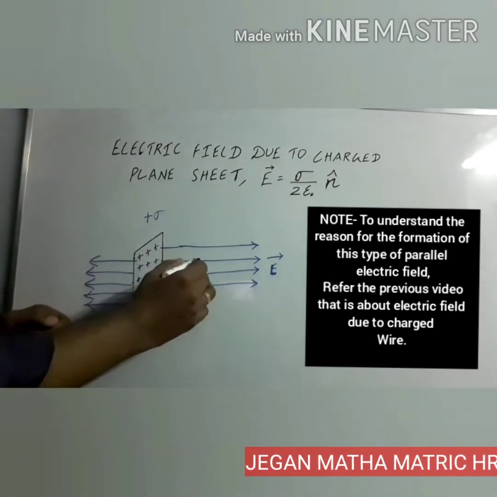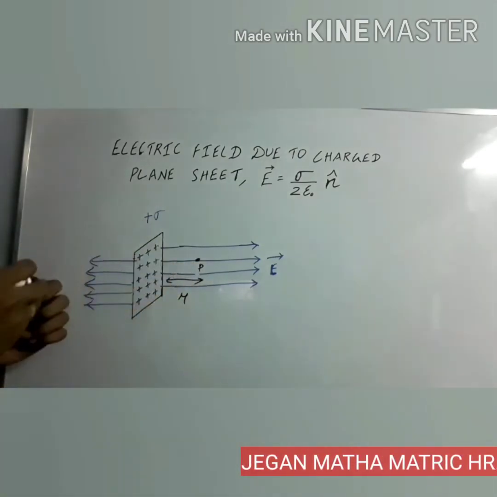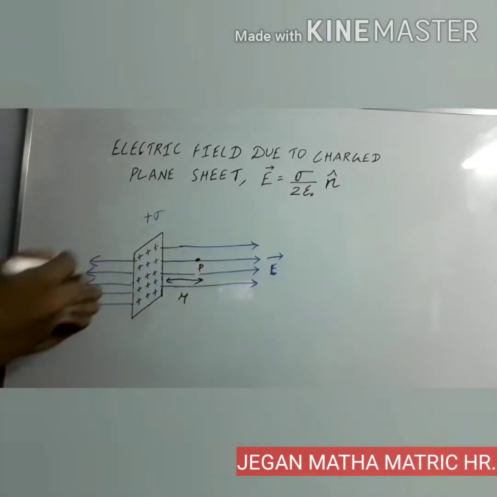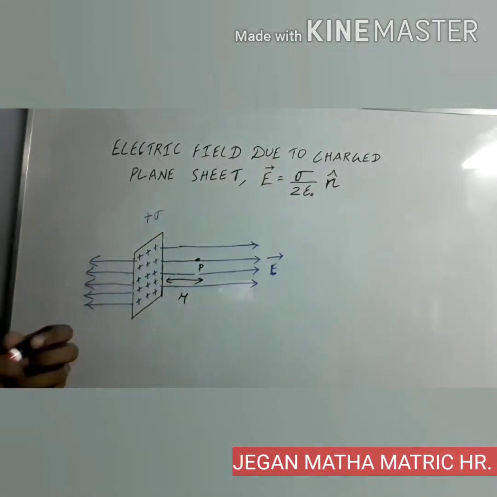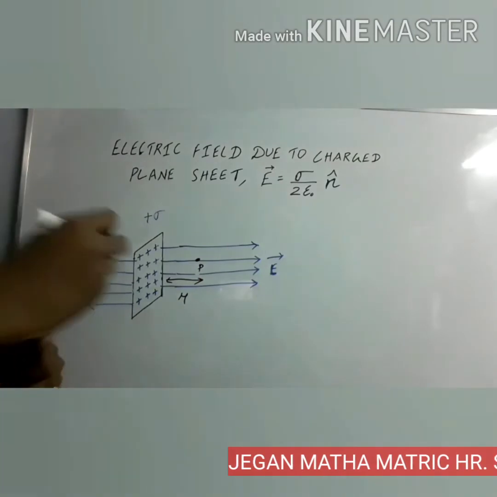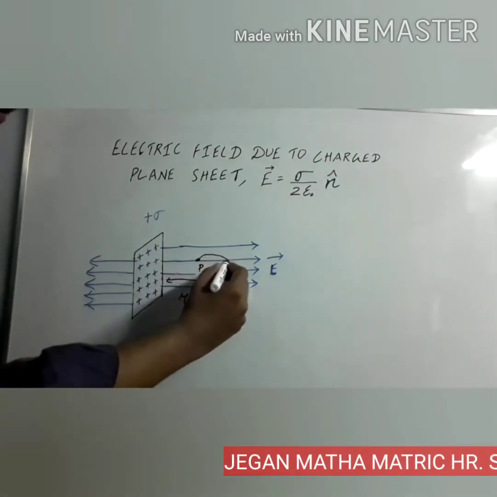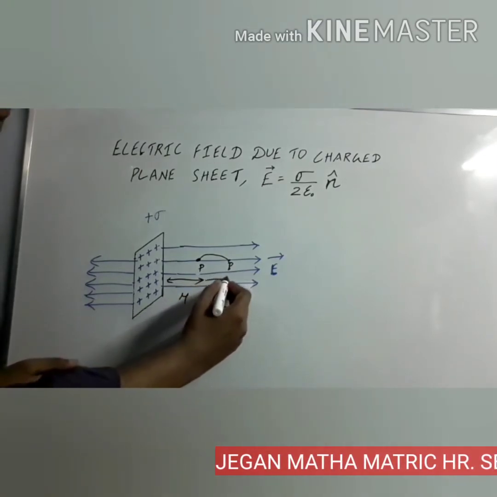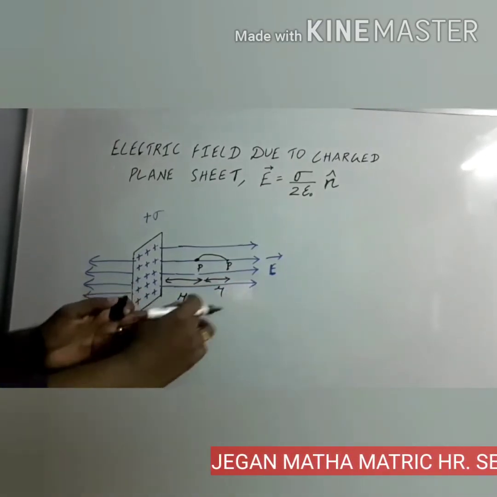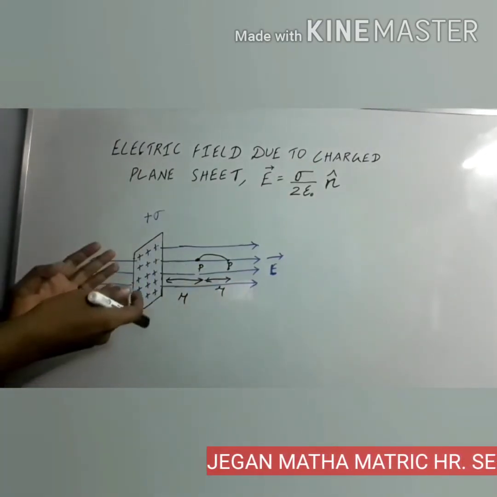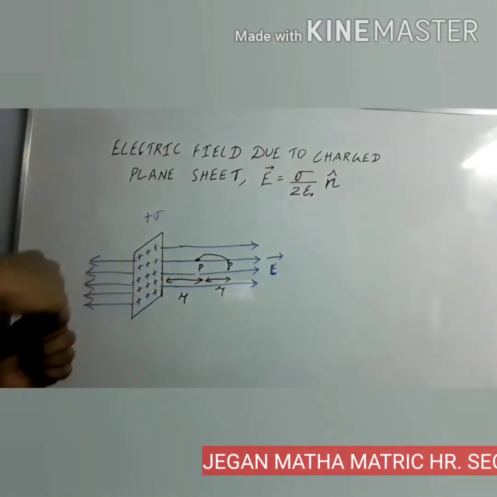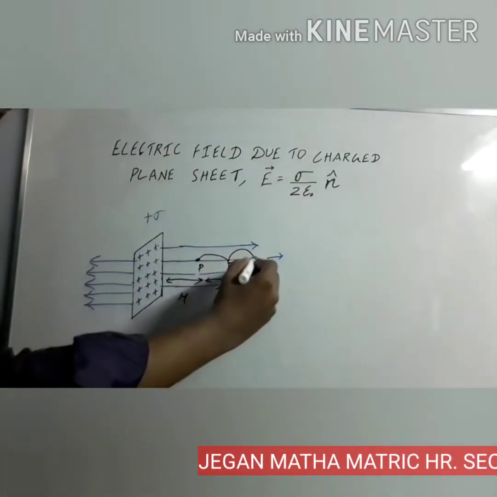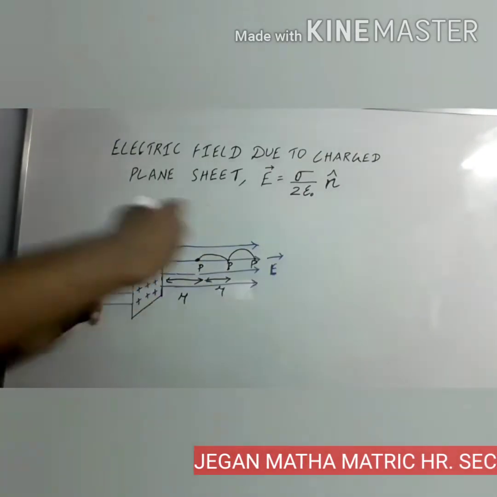Here I am going to take the point P at the distance R from the positively charged plane sheet. Here at the point P, what is the electric field? Electric field E is equal to sigma by 2 epsilon naught. Now I am going to move the point P to a certain distance. Now the point P is kept here. Let us assume the distance is doubled. So now what is the distance? 2R. Now what is the electric field? The electric field is the same, sigma by 2 epsilon naught. Further it is moved. Now the distance is 3R.